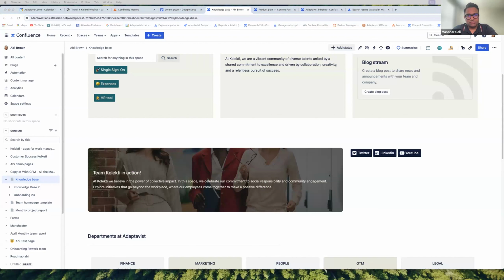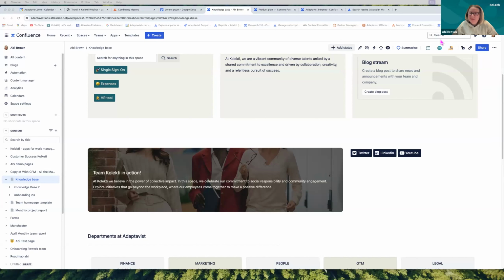So yeah, we don't see very many emails being used at Adaptivist anymore. If you get an email, it probably means you're in trouble. So yeah, we share information via the power of Confluence. It's so much more powerful. Yeah, and that brings me on to an important point as well,